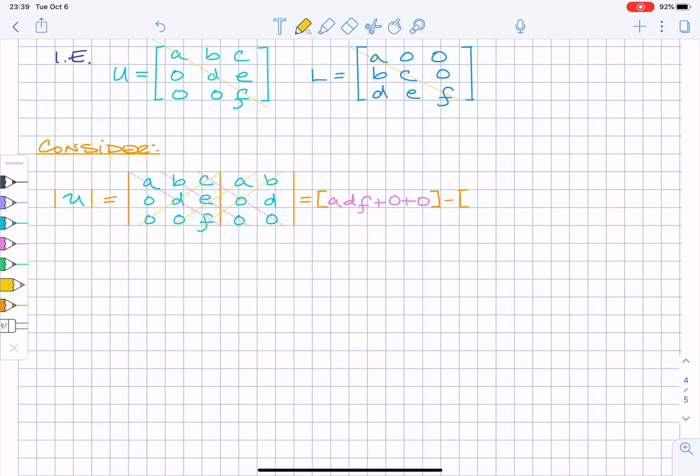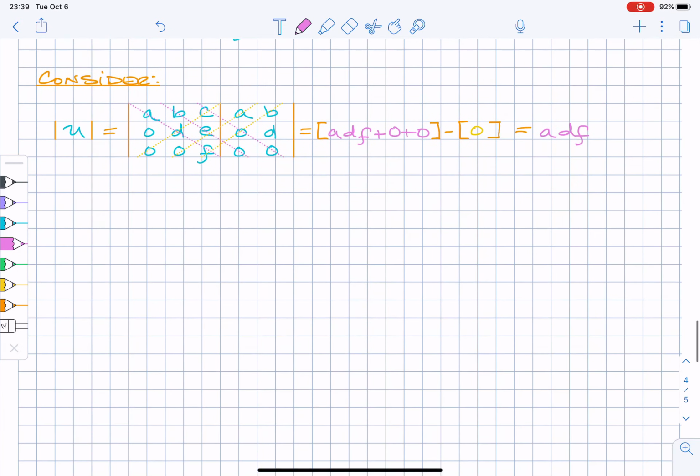Okay, so this is just 0. So it's just ADF. Okay, now let's look at the determinant of